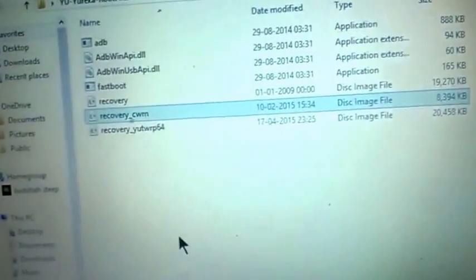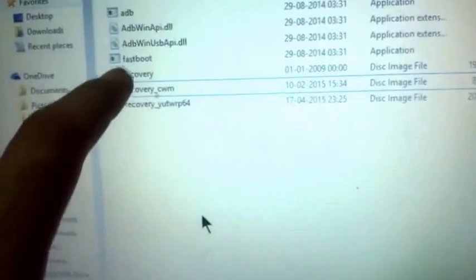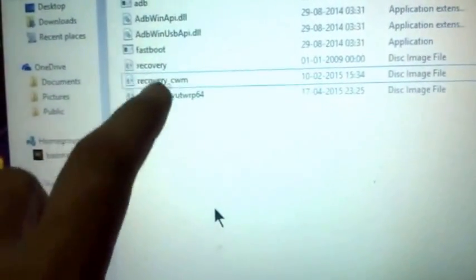So what you need to do is go to this folder, where all the ADB fastboot files are, and this CWM recovery file, which I'm going to flash right now. Just press shift and right click of the mouse and click on open command window here. After opening the command window, as you can see, you just need to type this command,